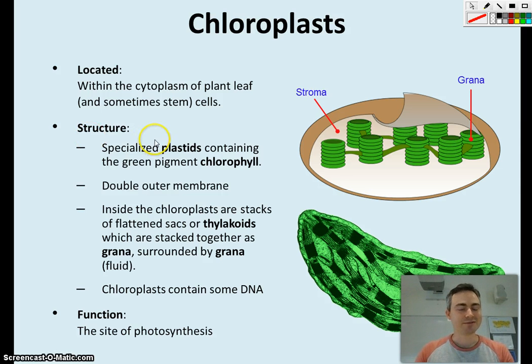So its structure, as I mentioned before, it's got a double membrane. So it's, again, a smooth outer membrane and an inner membrane that's really folded into these stacks. These stacks are called thylakoid discs, and when many of them are joined together, it forms a structure known as a grana. And the grana is where we would find the chlorophyll within the chloroplast. Now, I always remember that because chlorophyll's green, grana starts with a GR, so it's the green thing, so it contains the chlorophyll. Surrounding all the grana is the stroma, which is, again, a gel-like fluid where we'd find,